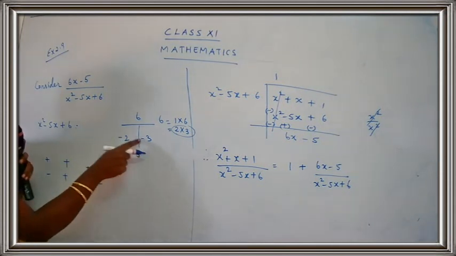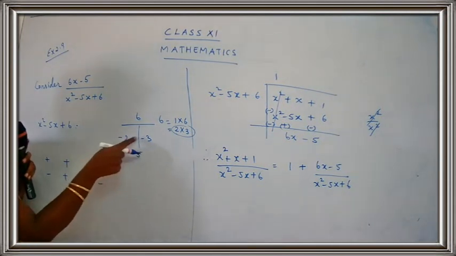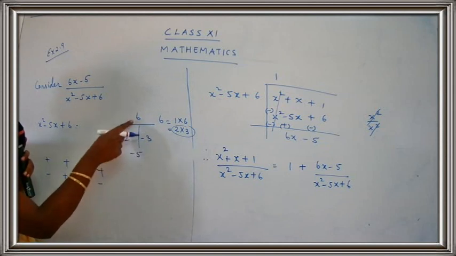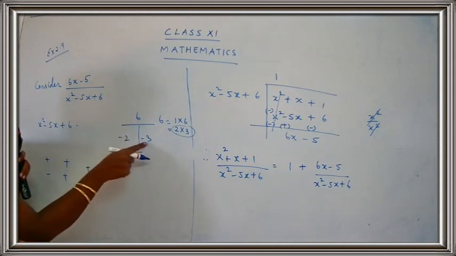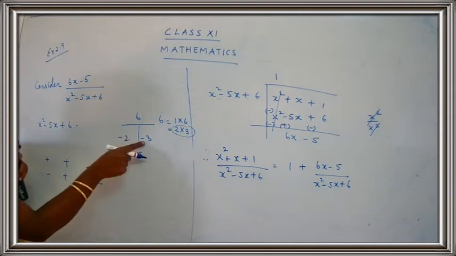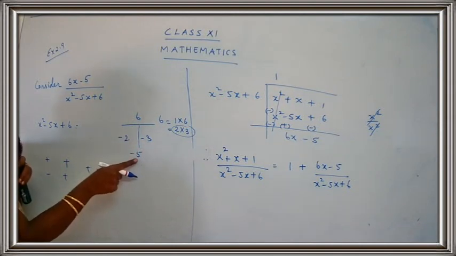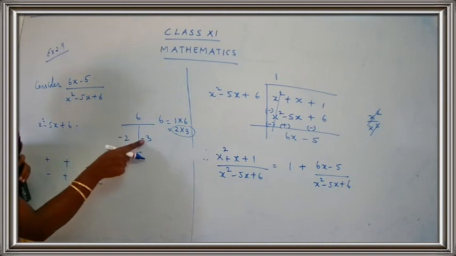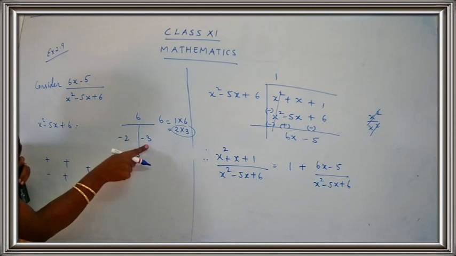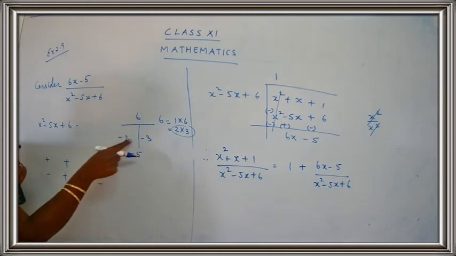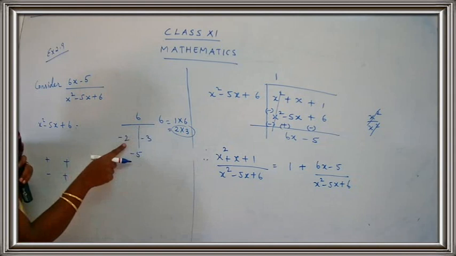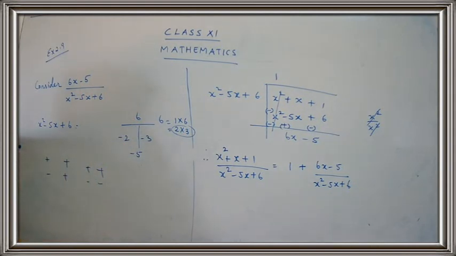So I get minus 2, minus 3. What is minus 2 into minus 3? Minus minus plus. 2 threes are 6. So I am getting a 6. Minus 2 minus 3 is minus 5. Minus minus plus, so you have to do plus 5, that is 5. And what is the sign of the bigger number here? Minus. So minus 5. So minus 2 into minus 3 gives you plus 6, and minus 2 minus 3 gives you minus 5. So I have chosen a correct value. What is the combination? 2 and 3. So remember the rule: when you have minus plus, you have to take the sign as minus minus. So minus 2, minus 3.